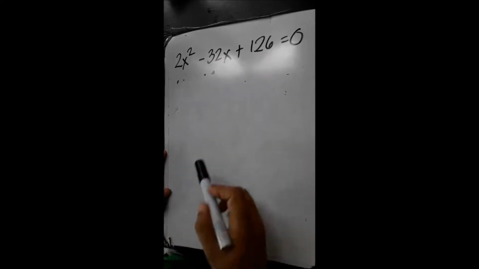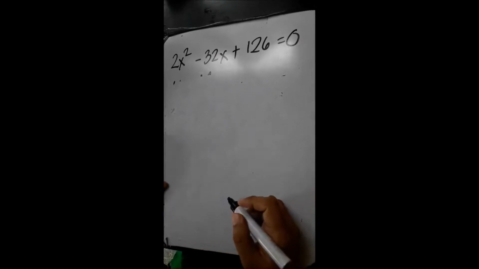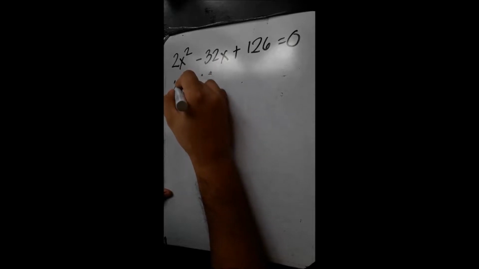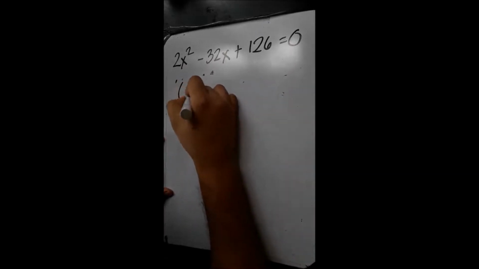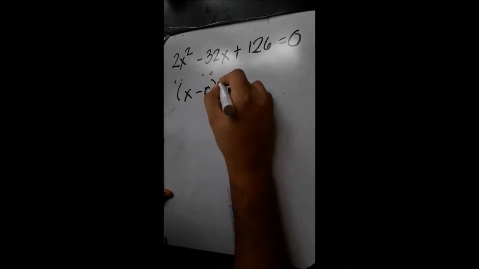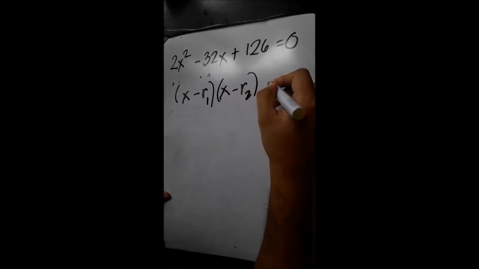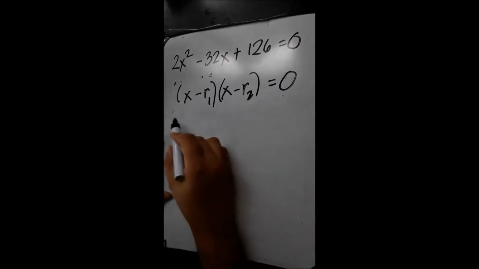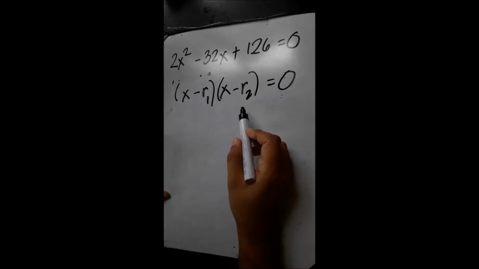Now, why does this method work? So here's a short proof. Now, if we do factoring, we usually have two factors for this, and we have the form x minus root 1 times x minus root 2, and all equal to 0. And if we do the FOIL, or if we multiply these two binomials, x minus root 1 times x minus root 2,